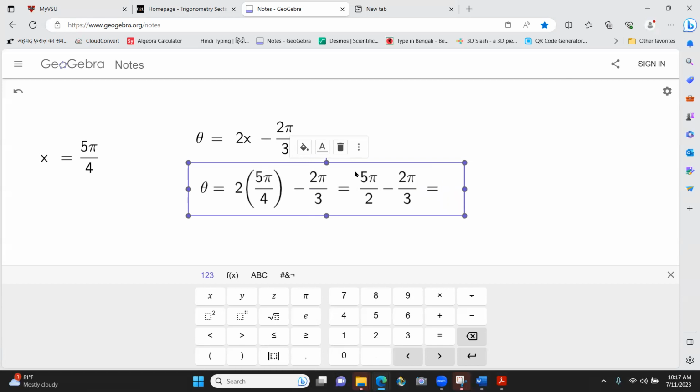I'll show you this one in detail. You want the same denominator, right? So what you do is you want to take the first fraction, multiply the top and bottom by 3. This will make it 15. This will make it 6. You multiply the top and bottom by 2. That'll make it 4. That'll make it 6. Now you have the same denominator. That's good news. 15 minus 4 is 11 pi